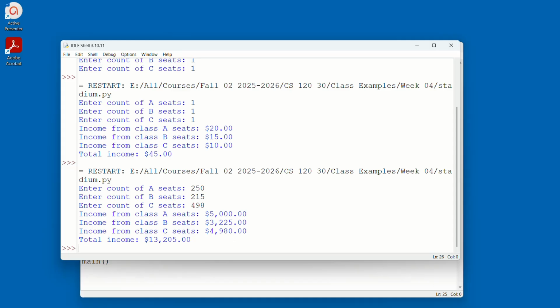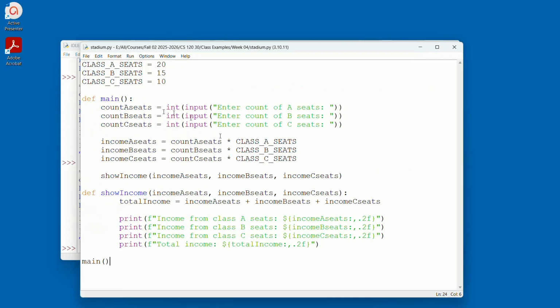Okay, so hopefully this helps you out on seeing how to create functions and how to break this down. Like I said, these two sections here could have been put into functions also, but this particular program didn't do that. Let's see, I've got another example here. Let's see if this breaks it down a little bit more. Actually, it doesn't,